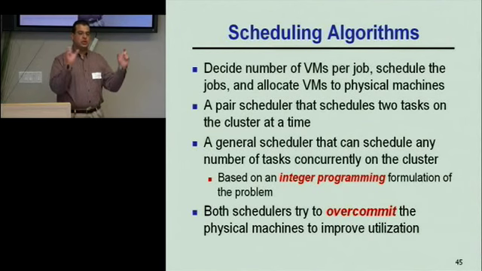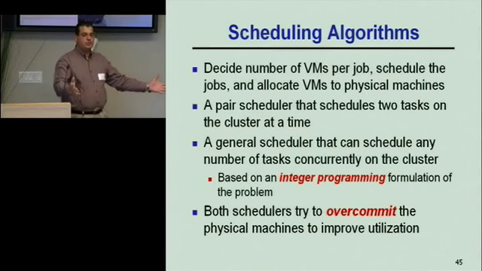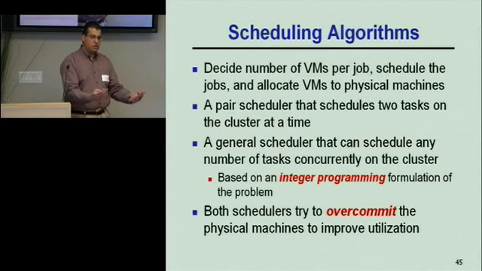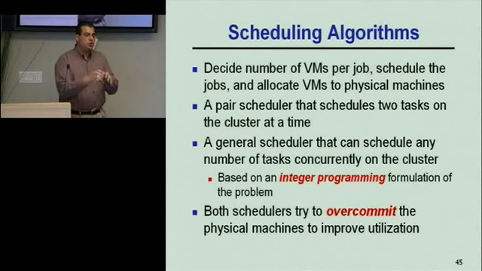So we have two algorithms, which I'm not going to get into the details of. One of them schedules pairs of jobs. So I have k-means and sort. Basically, given a set of jobs, I look at these jobs a pair at a time, two at a time. Okay? And I try to schedule the best two jobs that go together on the cluster at any one point in time. And I do that until I have scheduled all my jobs.